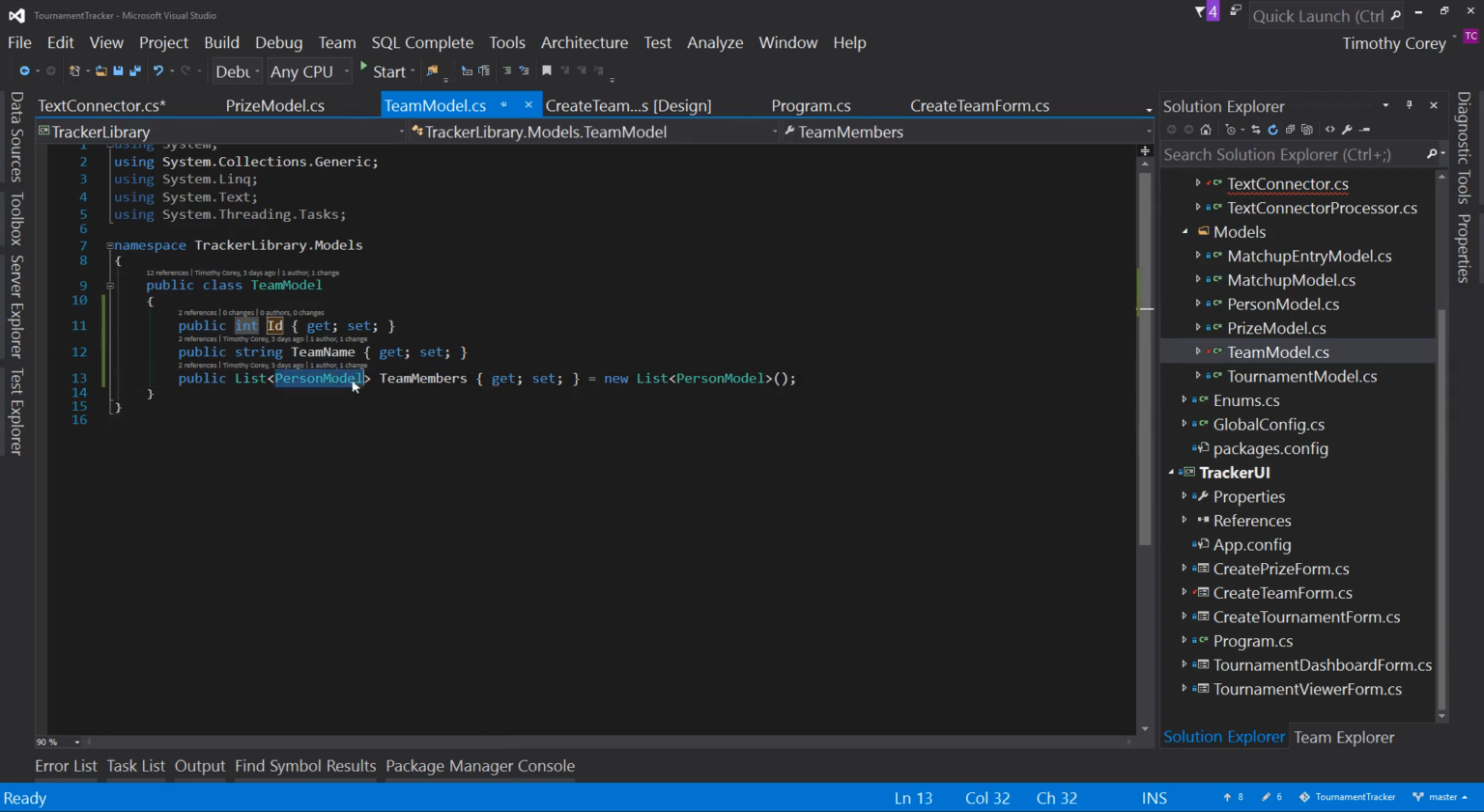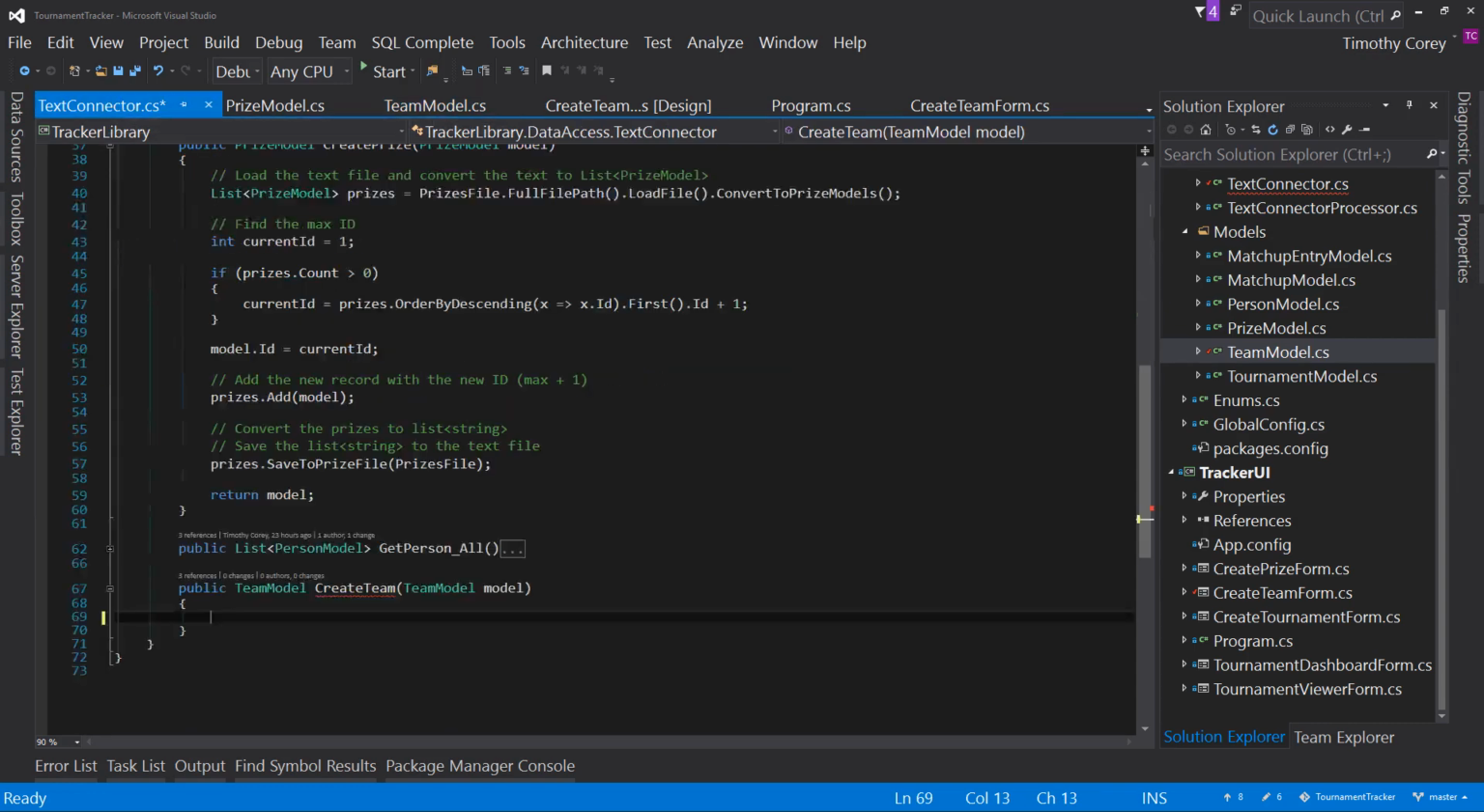Instead, we like to have the person model, which has their name and their email address and their cell phone number and all the rest. So we don't need to have two different text files. Instead, we need to have one text file that just handles the idea of